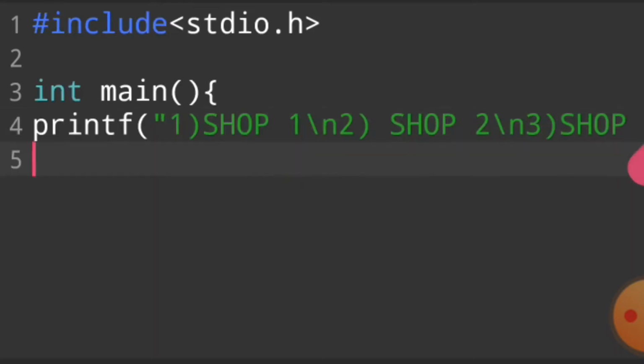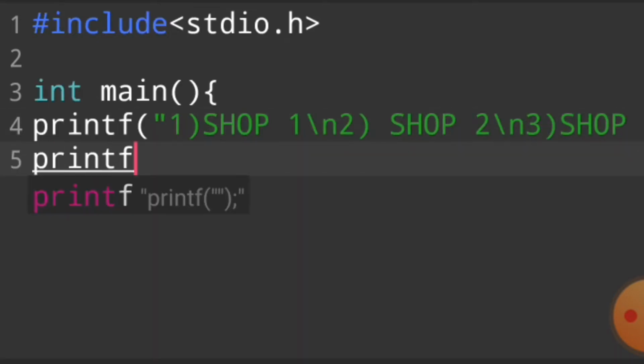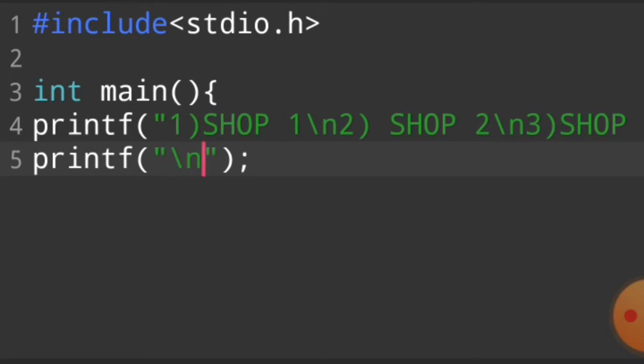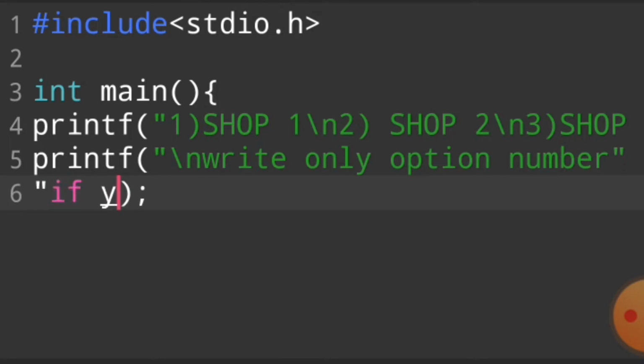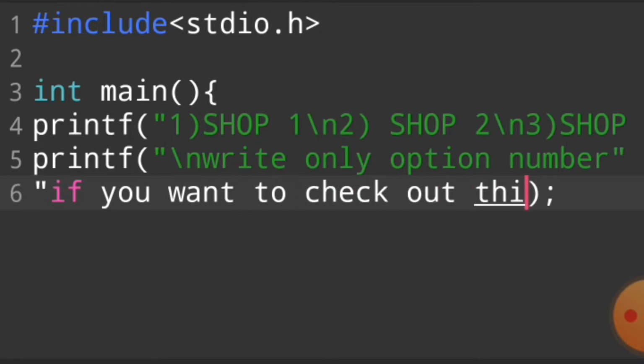We tell our user to write only the option number if you want to check out the detail of this shop.